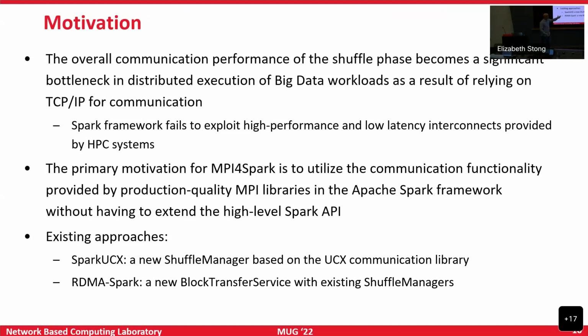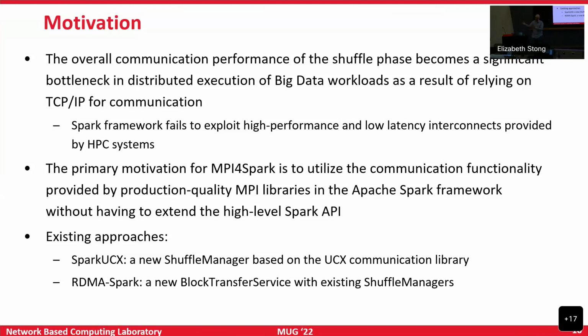Another notable existing software effort is Spark UCX, which uses a shuffle manager, which basically supports Spark on top of the UCX communication library. There is another project which is not here, called Spark Rapids or Rapid Spark. It comes out of NVIDIA's Rapids project, and it supports GPU-based computation using Spark, and that also has support for high performance networks. But in that Rapid Spark project, which comes out of NVIDIA, that's not based on UCX.